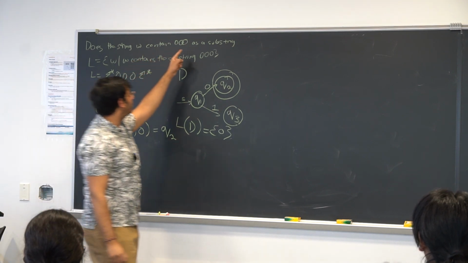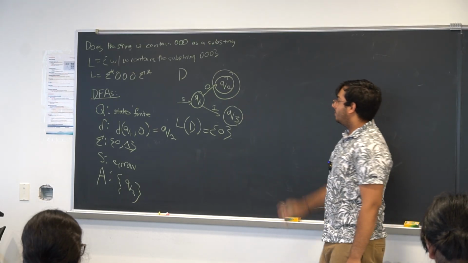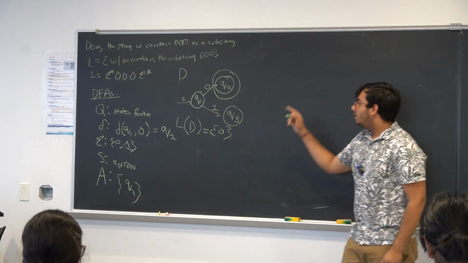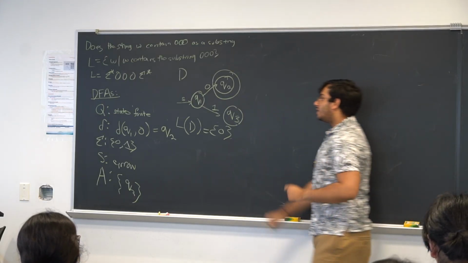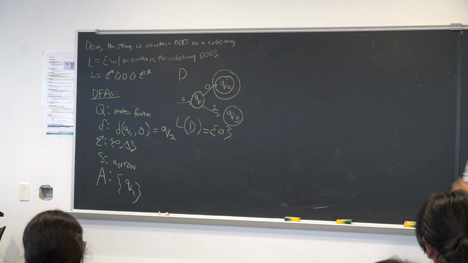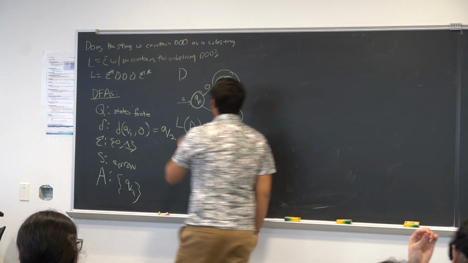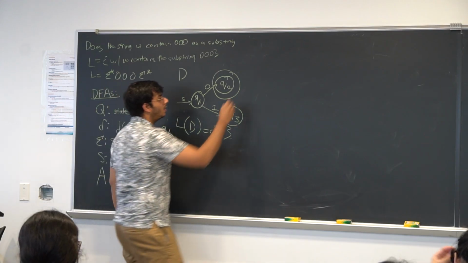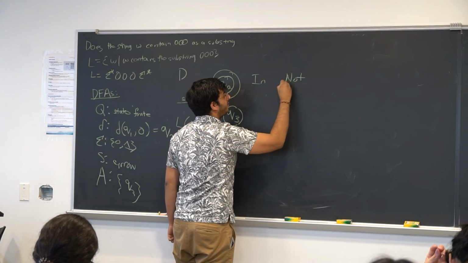Now going back to the problem, do we contain the substring 0, 0, 0? These are the tools I have at my disposal. A finite number of states, arrows to indicate transitions between states. I must indicate a start state, and I can circle the states that end in accept after executing the entire string on the DFA. Going back here, actually, if we list strings that are in the language and not in the language, according to this DFA,